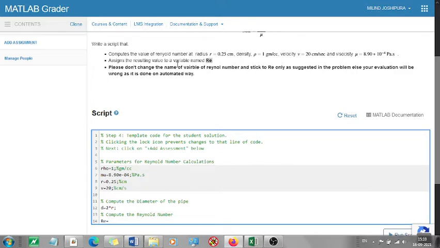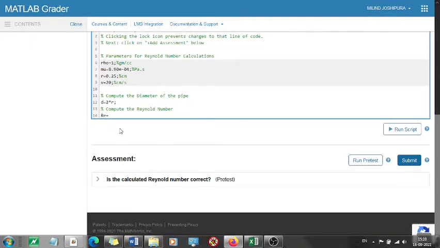Don't change the variable names. So RE is d into u, which is nothing but v in our case, into rho upon mu, right? And then just run the script.